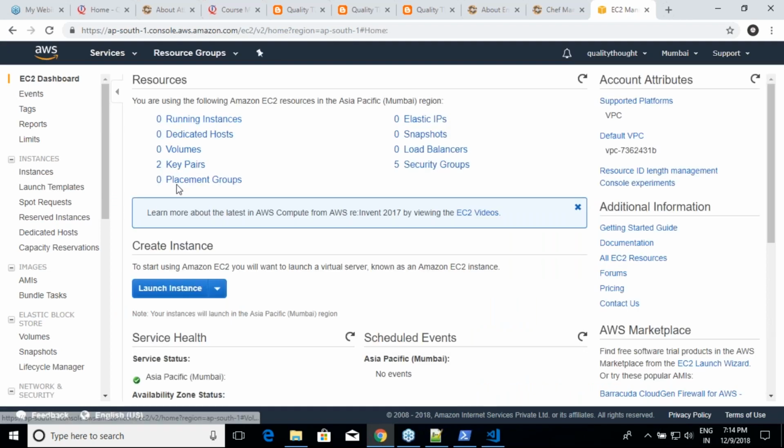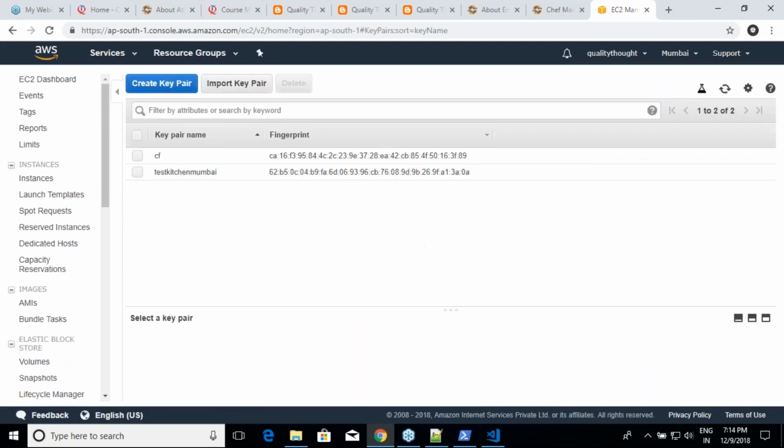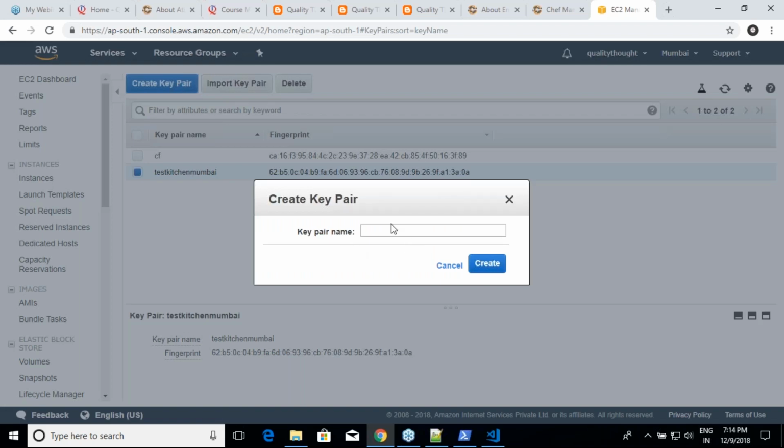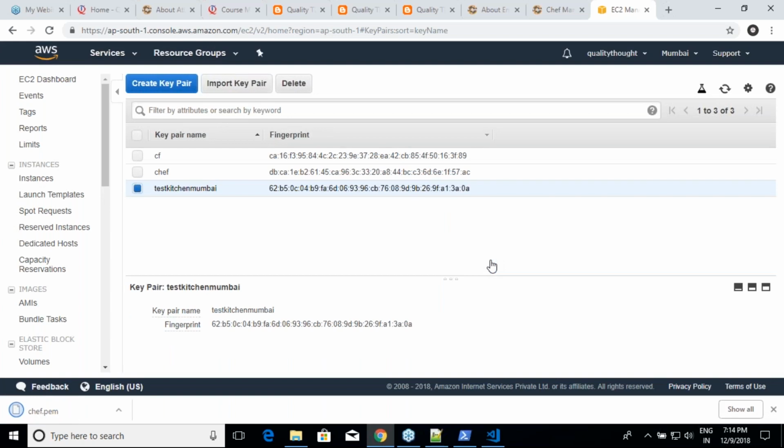Okay. So do I have any key pairs by any chance? Test kitchen Mumbai. I don't think so. Let me create a key pair called as chef. I have chef.pem in my downloads file. Okay, good.